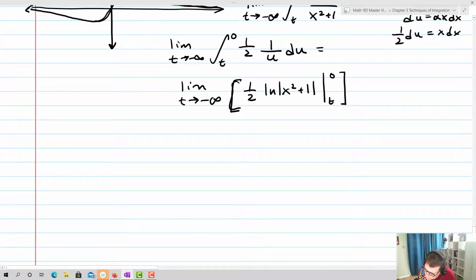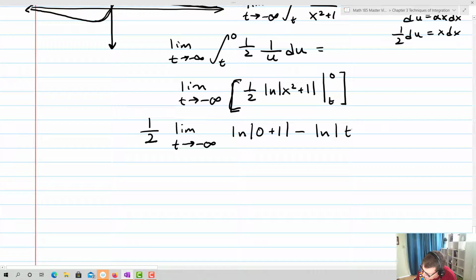Okay. Now, so we have the limit as t goes to negative infinity. So now I'm going to plug in my values. And I'll pull out my 1/2, and this is now going to be the natural log of 0 plus 1 minus the natural log of t squared plus 1. And this is going to end up equaling then 1/2. This is 0 because the natural log of 1 is 0. So we end up with the limit,